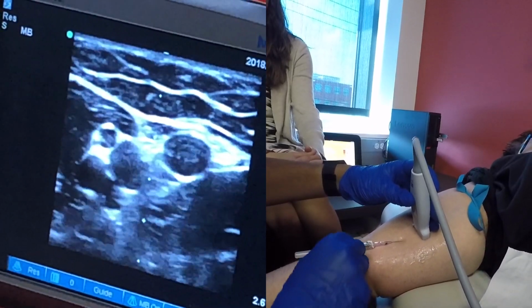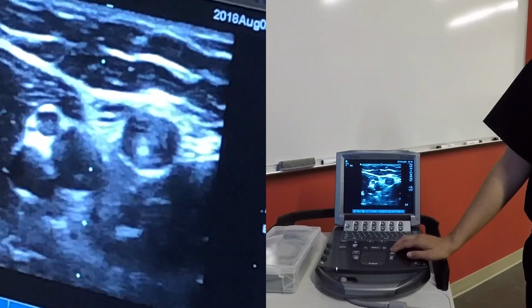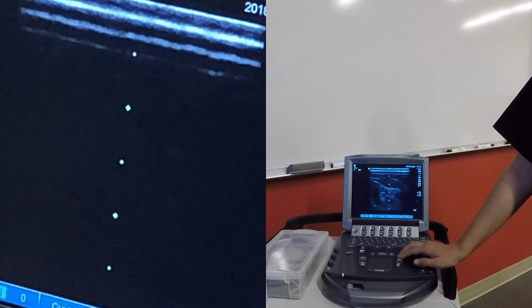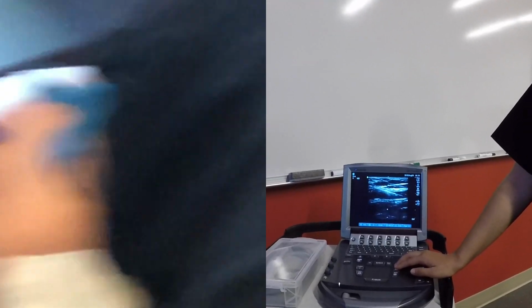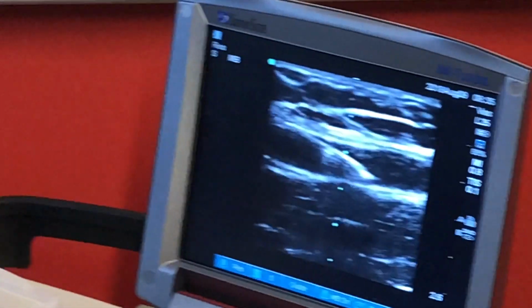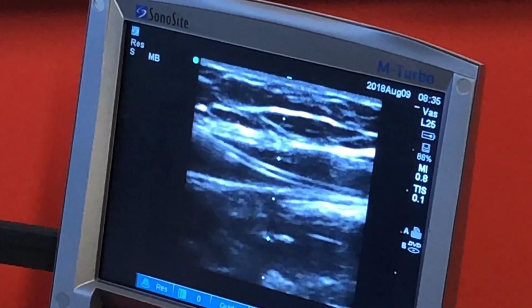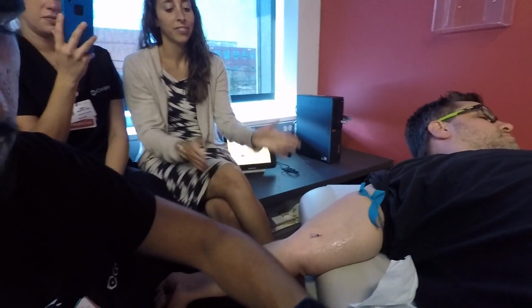The other thing you can do when you get a little bit more advanced is you can look in long axis, especially if the location is getting a little bit hard for you to flatten anymore, which we're currently reaching that spot. So we'll look in long axis, make sure we're in a good place, which we are, and as you can see right there, that's where the needle is. And then I advance while watching to make sure that it stays exactly where it should be. Wow. And then you hit the button to retract your needle,